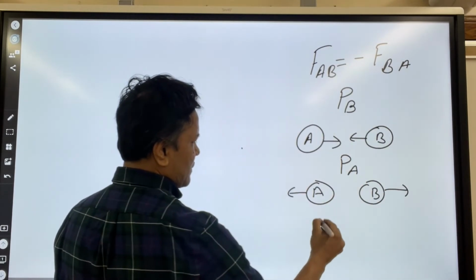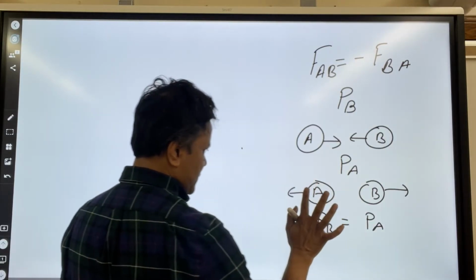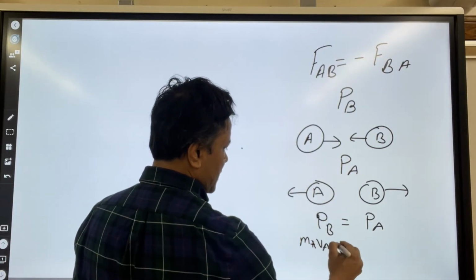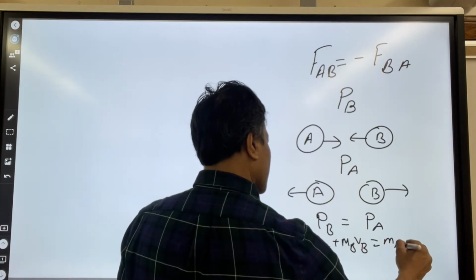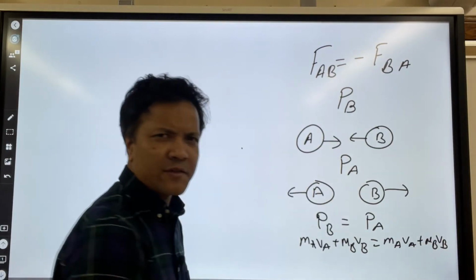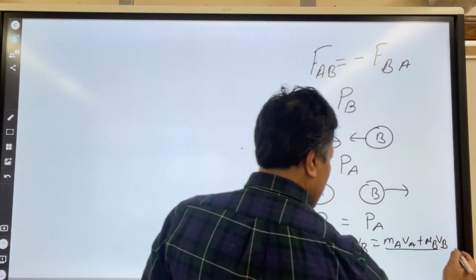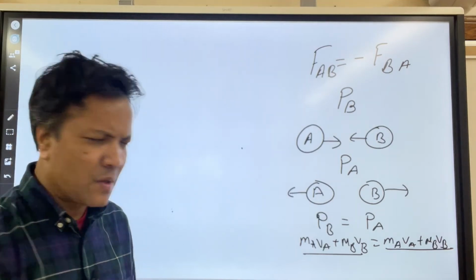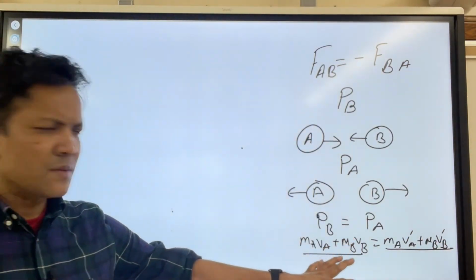So now we're going to write momentum before is equal to momentum after, and momentum is always conserved, right? So we can write m_A v_A plus m_B v_B is equal to m_A v_A plus m_B v_B. Now if we write that, there is a problem, right? We have to differentiate the after from before. Okay, so how can you do that? Maybe we want to use a symbol, maybe we want to use a prime to differentiate that equation from this